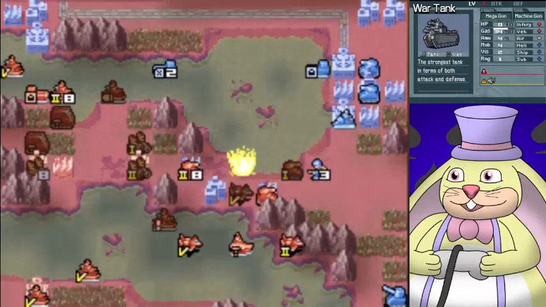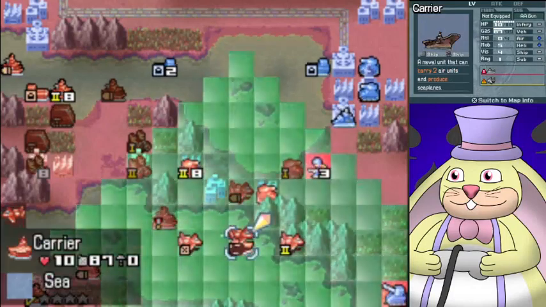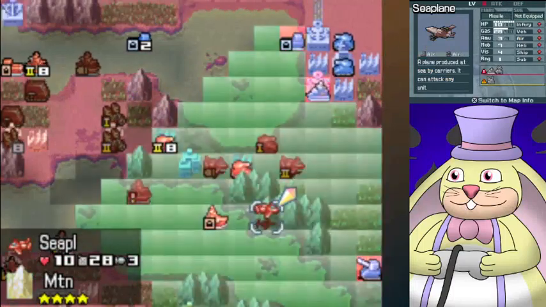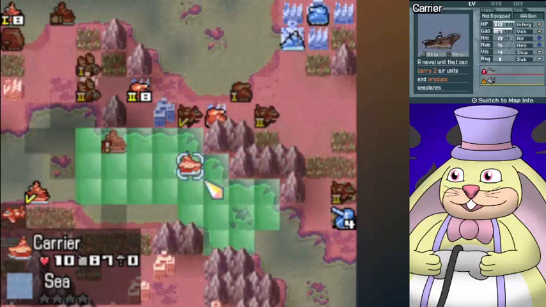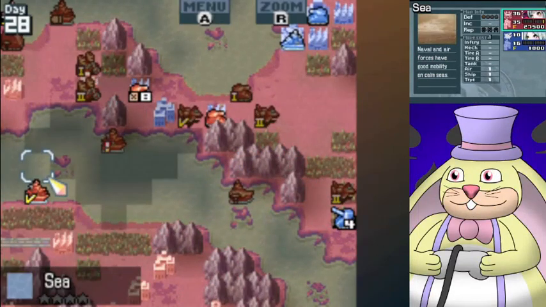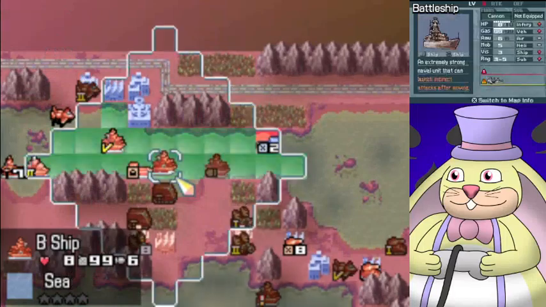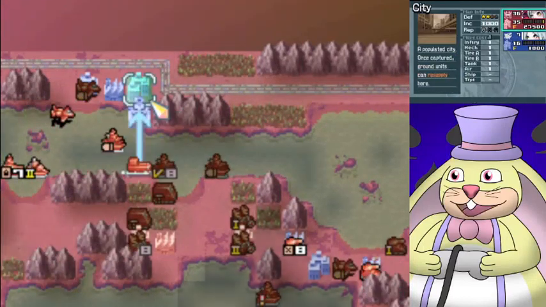Now, if I go from here, the cruiser cannot hit me, so that's a plus. Same goes for this. And this out-of-the-way artillery, I have no idea what it's doing there. That's, like, the worst position for it. I guess I'll go ahead and get rid of the lander. I think I'm going to win this one probably by,